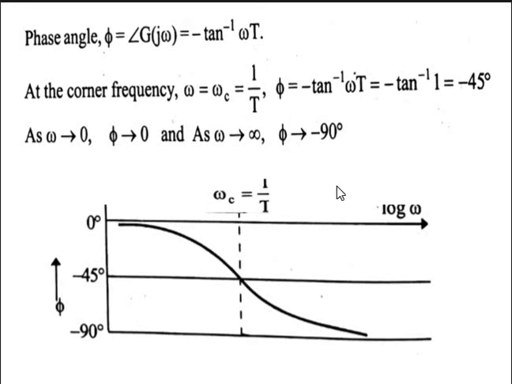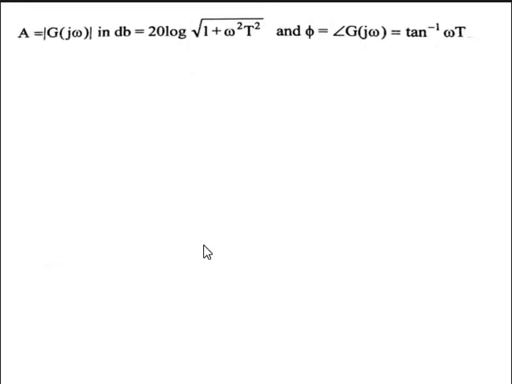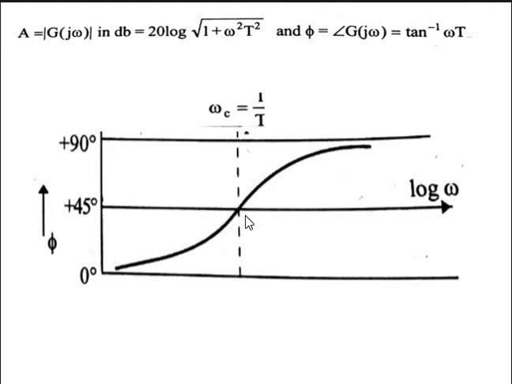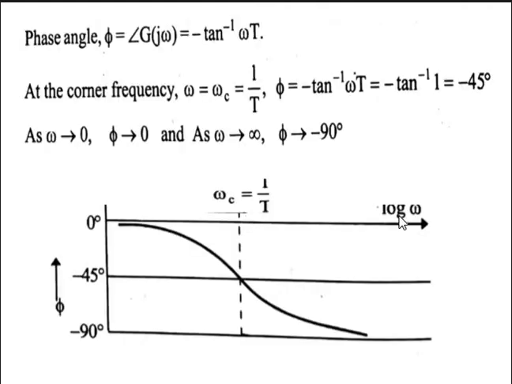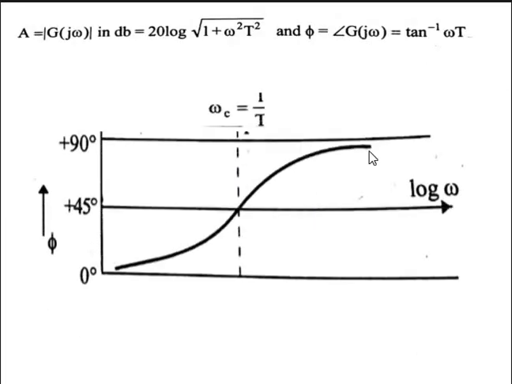At the corner frequency, if it is a pole, it reaches minus 45 degrees; if it is a zero, it reaches plus 45 degrees. At infinity, if the given function is a pole, it reaches minus 90; if it is a zero, it reaches plus 90. So here also we can simply remember: zeros are at the numerator, that means above the reference line, so the function starts at 0 and travels towards the upside, the numerator side. So this is the phase plot for a simple zero, that means a zero other than the origin.